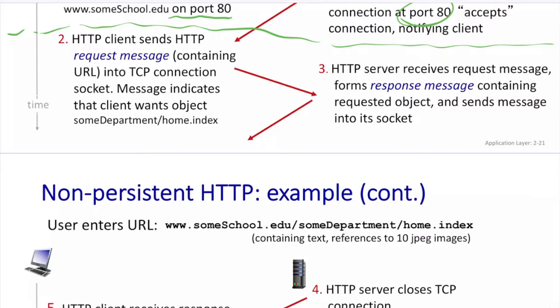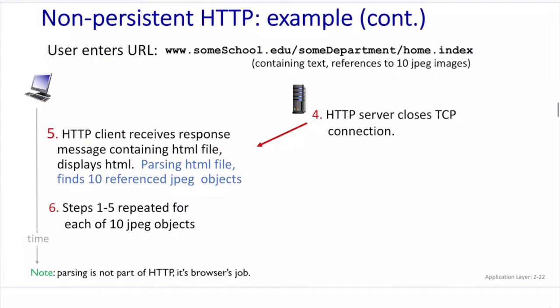After step number 3, after they exchange all the messages, the HTTP server will close the TCP connection because no further messages need to be exchanged between the server and client. So when the client receives the response message, usually for the first web page, it should be